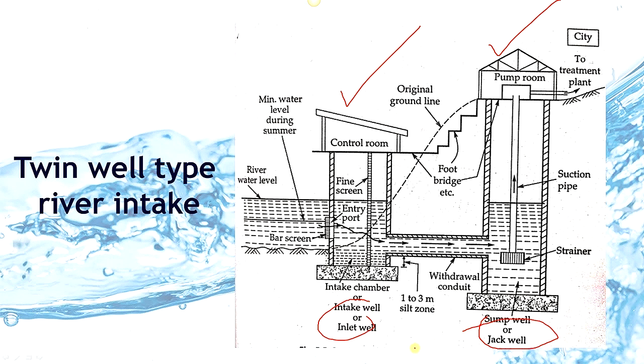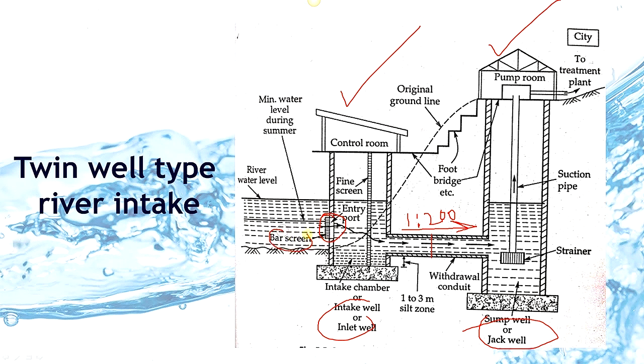This inlet well is usually of circular cross section, usually located in the river near the bank. It always remains surrounded with water. This is built in masonry or concrete. The pipe provided here connects the inlet well and the jock well. This pipe has a diameter of minimum 45 cm and it is laid at a slope of 1:200. The river water enters this inlet well through this opening or entry port provided here along with a coarse screen.